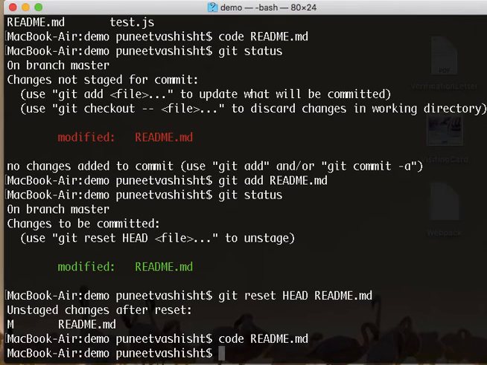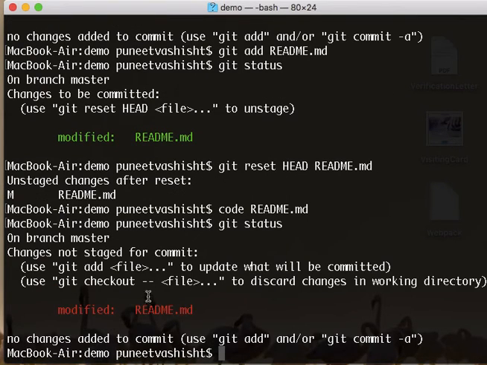If you just go down here and check its status, this file is still lying modified. So it's not now in the unstaging area. But what if I just wanted to get the previous repository version? I can maybe use the Git Checkout command then. So I can just type in here Git Checkout